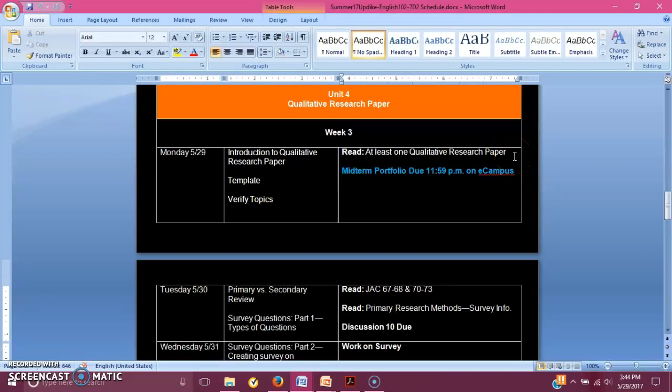One of the biggest problems that students have with this style of paper is they don't look at any samples and somehow they don't pay attention to the templates that I provide. And therefore, they just try to write a typical research paper, but it is not a typical research paper. It's a qualitative research paper, meaning you have primary and secondary sources, as we can look at here. Okay, so we'll talk all about the pieces of this research paper in this video, and then the next video,